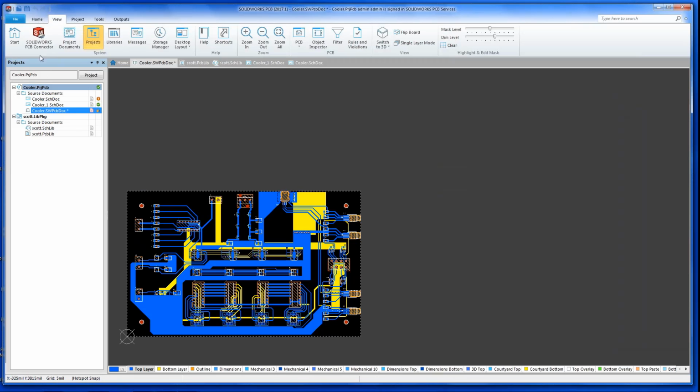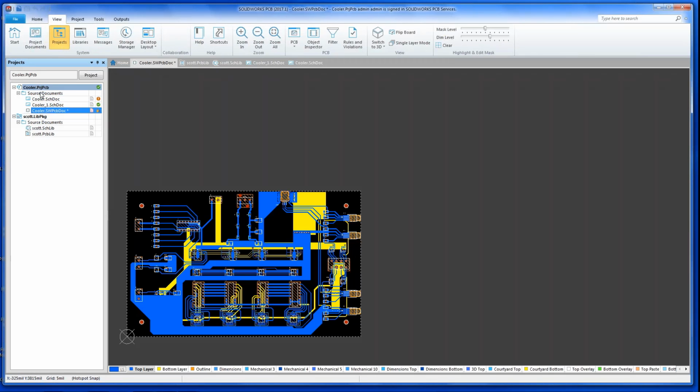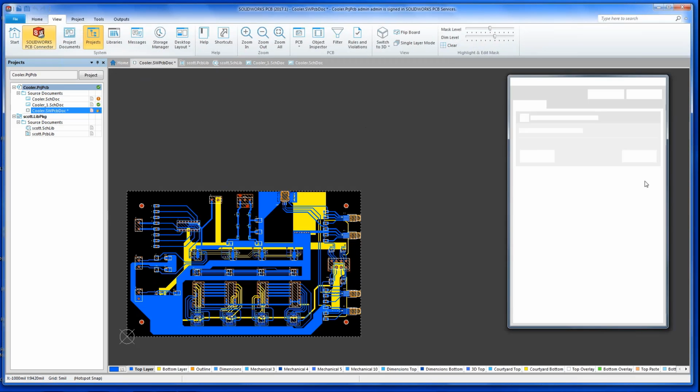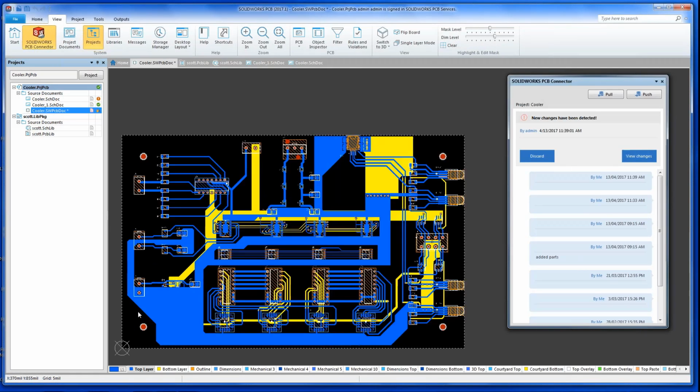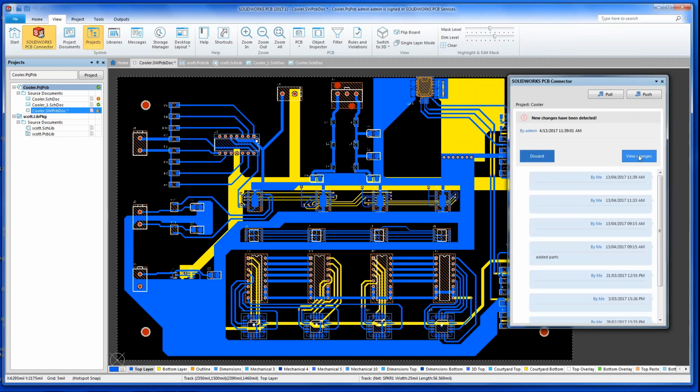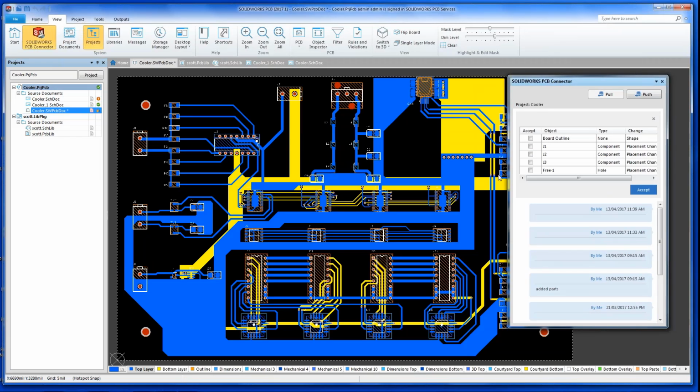Okay, so we're ready to refresh our database and look at the view. We got changes. Another real nice feature of this tool is, I'm the circuit board designer. My mechanical engineer sends me some changes. I'm like, what has he really done to my design? So I can take a look at it by